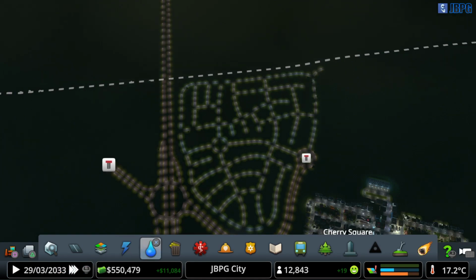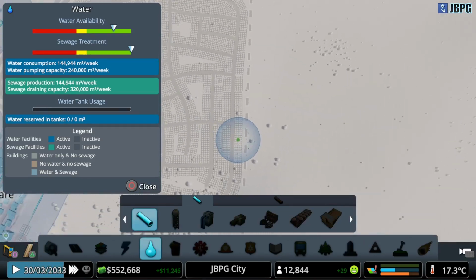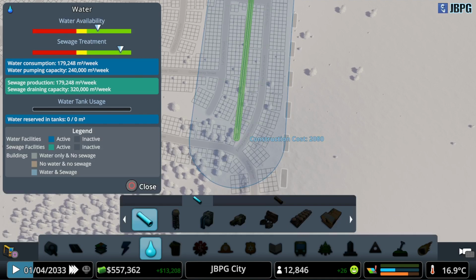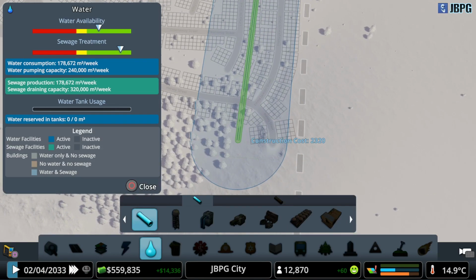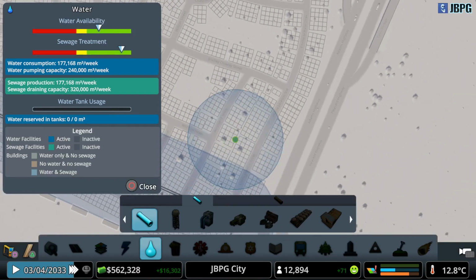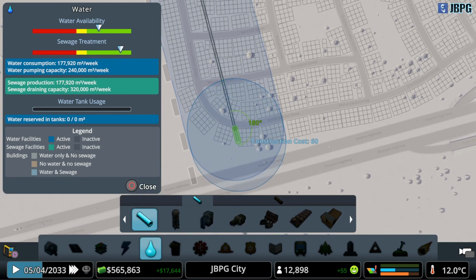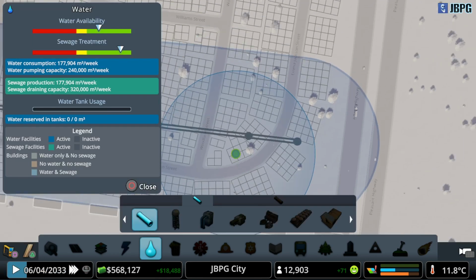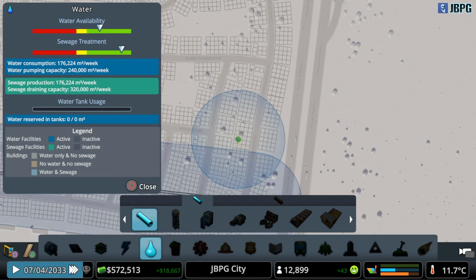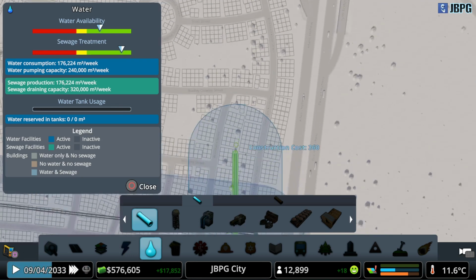So we need to start putting in some water piping for this new area over here. Let's start over here. Try and draw this all the way down if we can. Like so. It's pretty consistent. We'll drag that out just a touch more. There we go. And then we'll step up and we'll work the same kind of line if I can. So I want the line to be sort of here. Let's drag that all the way straight down